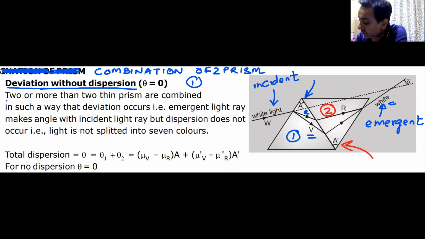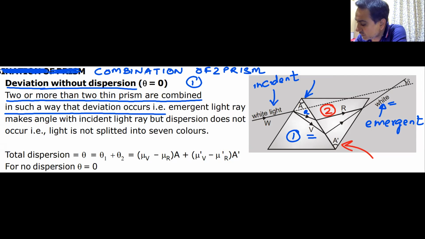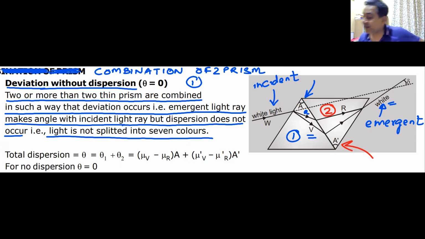And that is what is given here. Two or more thin prisms are combined in such a way that deviation occurs, that is, the emergent ray makes an angle with the incident ray, but dispersion does not occur, that is, light is not split. This is known as deviation without dispersion. So here there is no dispersion,